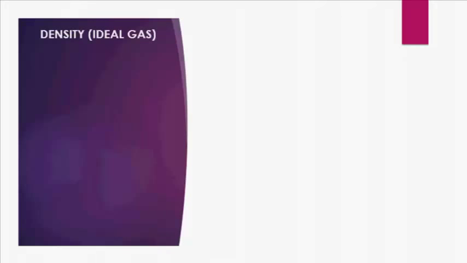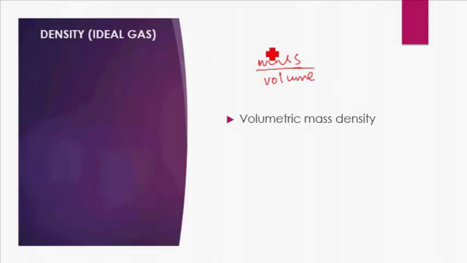What is density? The best way to define it is to call it volumetric mass density. That is to say, density is nothing but mass per unit volume of a substance. That is, how much mass will be present in 1 unit of volume of any given substance. So if you have 10 meter cube of, say, a block of iron, you calculate the mass of iron W and divide it by 10 meter cube,